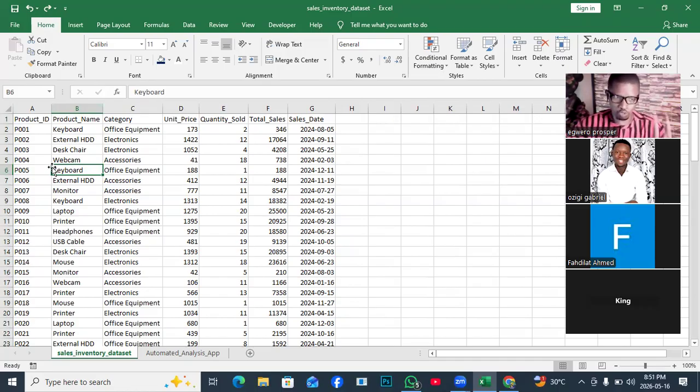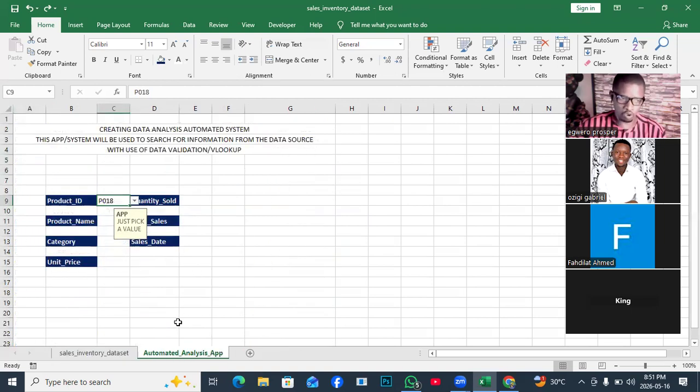So I'm just trying to explain that definition, right? If that is taken, it means that our data is fit, because number one, we have met the criteria. What's the criteria? Our lookup value is already located in the first column. And number two, the values there are unique. So now coming back to your app